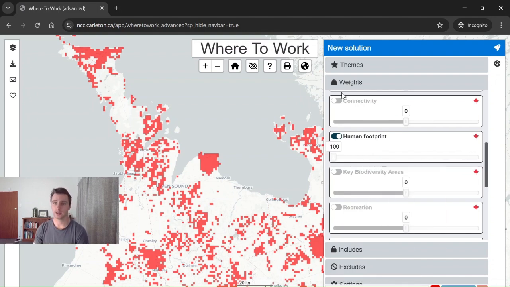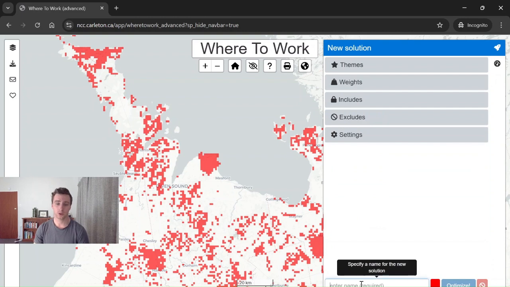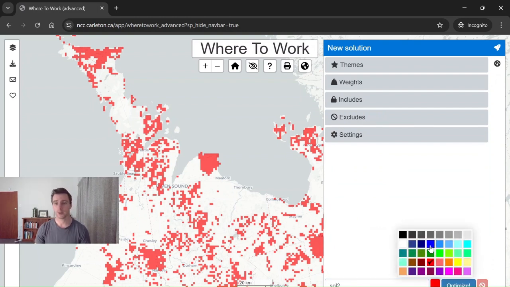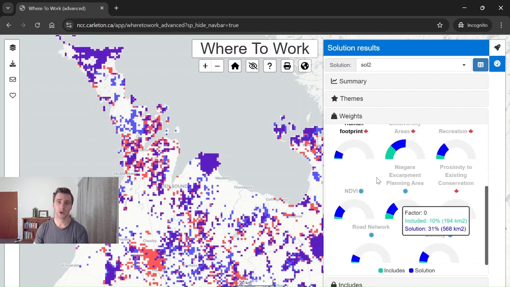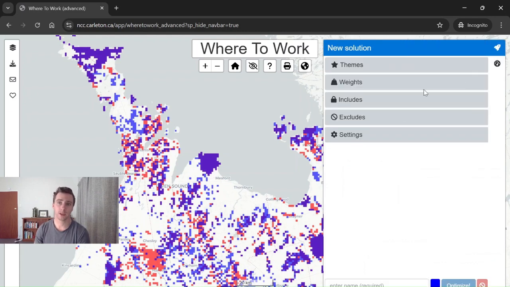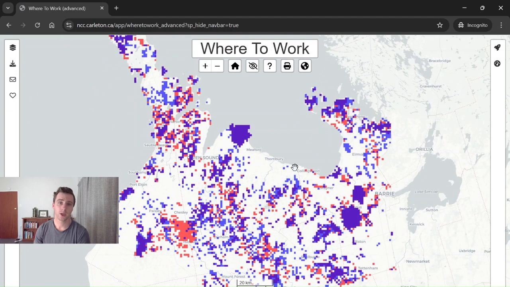So now let's generate the solution. We're going to give this a different name. We'll call this Sol2, and we'll make this one shown in blue. And then we'll click Optimize. Okay, so let's just take a look at the map first. We can see that